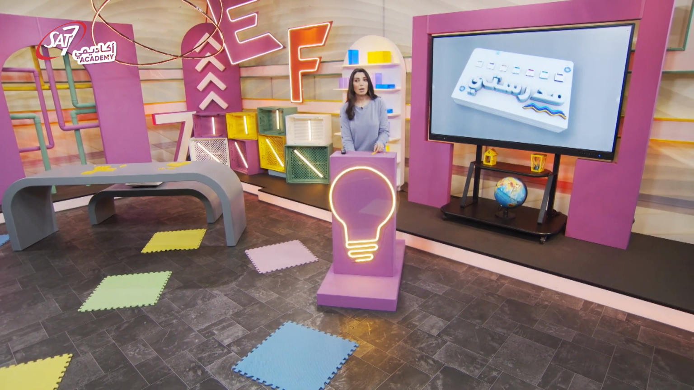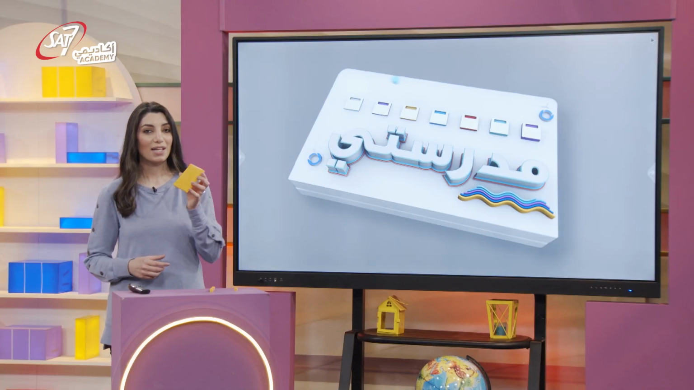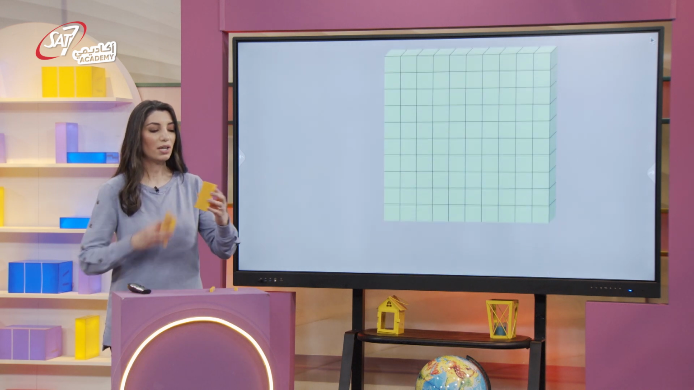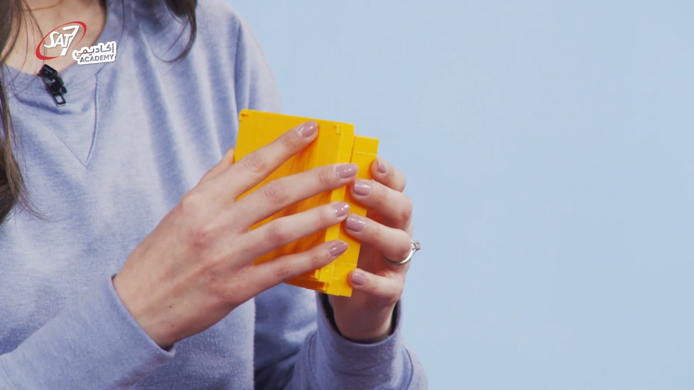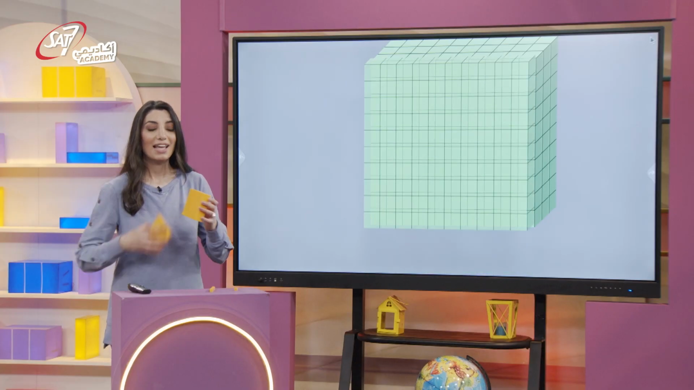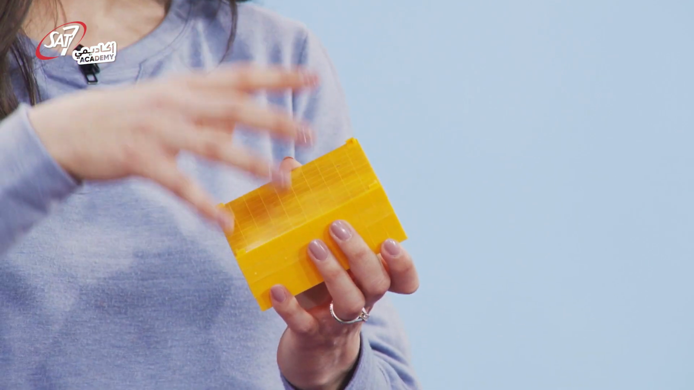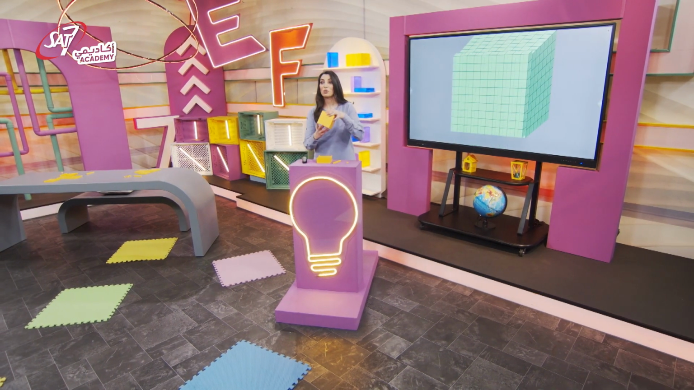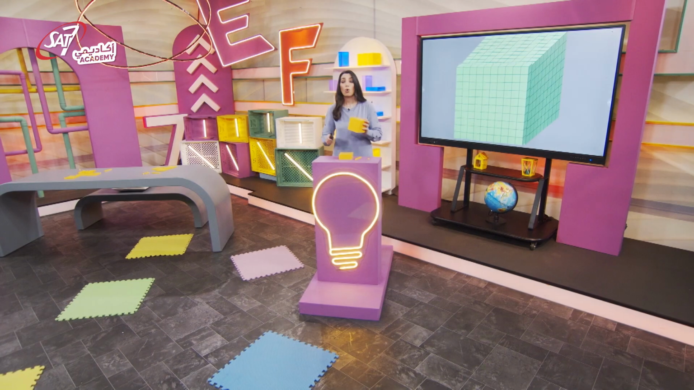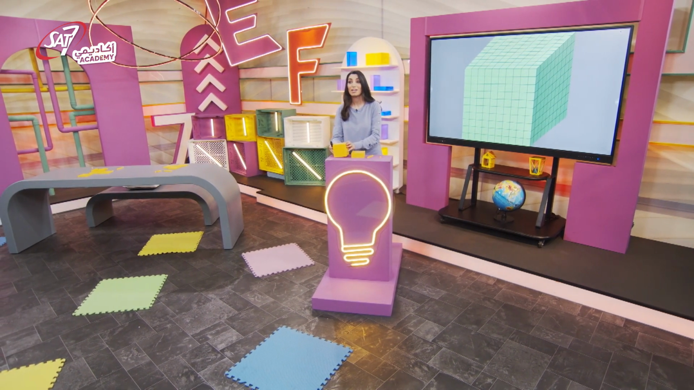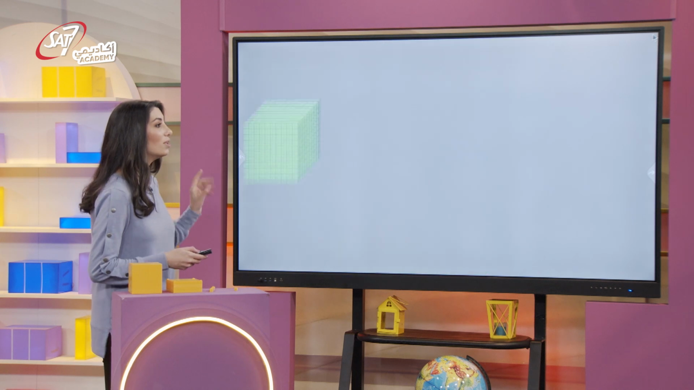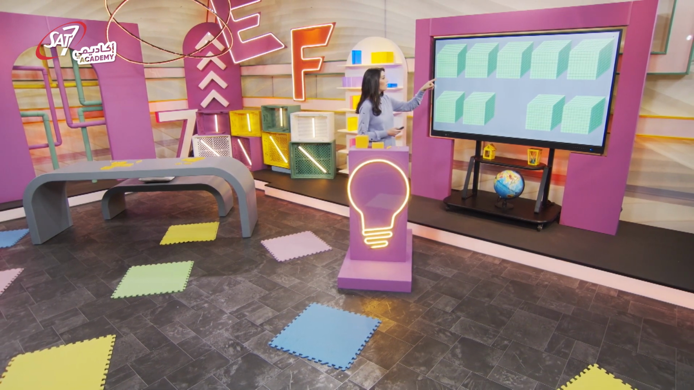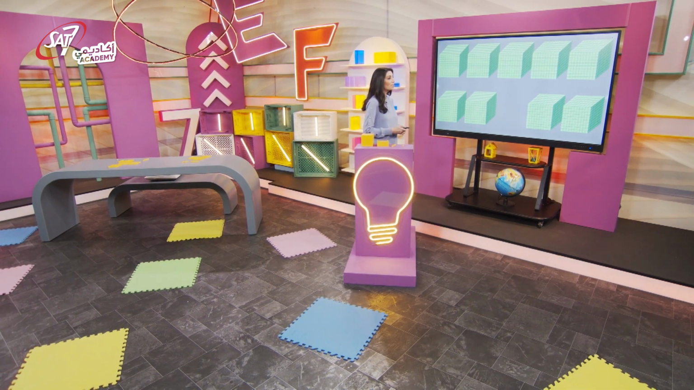But what do you think happens when we stack the hundreds? Let's find out together. We have 100, 200, 300, 400, and if I go on until I stack 10 squares, I end up with this cube. This contains 1,000 small blocks. I could replace 10 squares or 10 hundreds with one big cube. So, how many small blocks do we have here? If each of these cubes contains 1,000, then there are 1, 2, 3, 4, 5, 6, 7, 8, 9,000 blocks